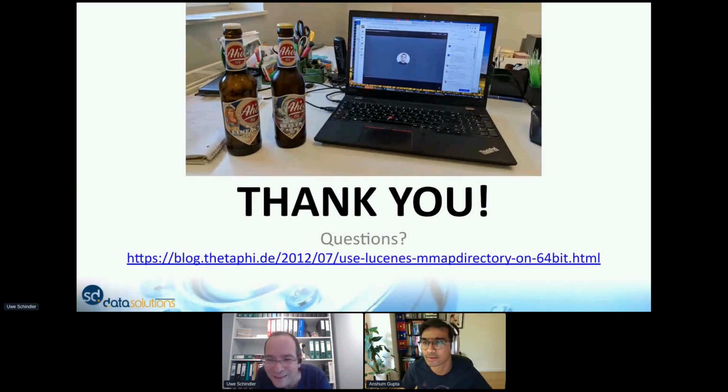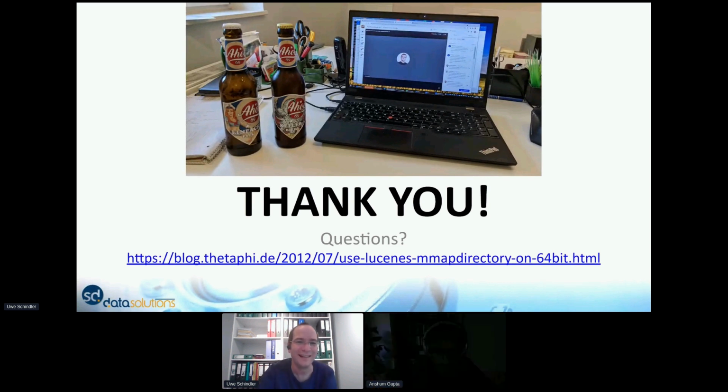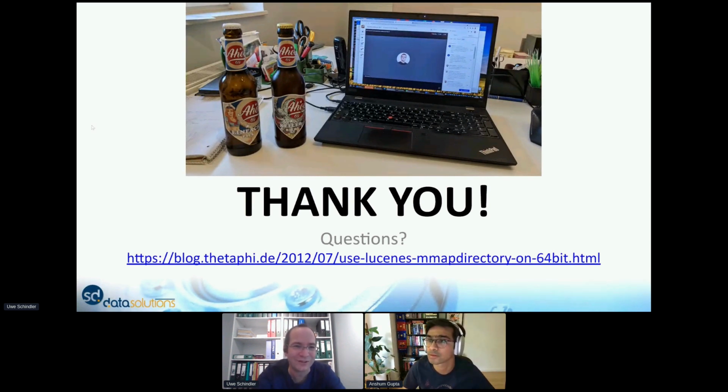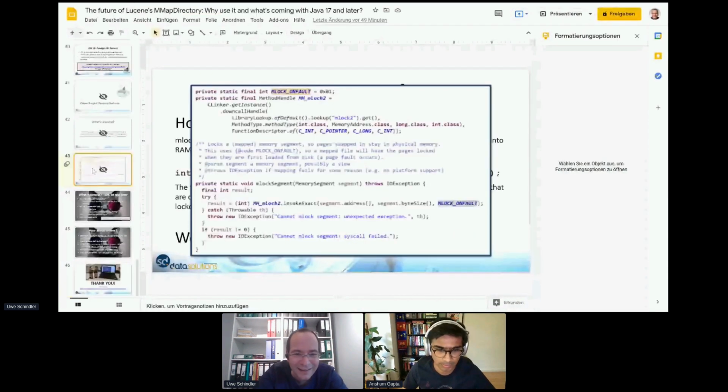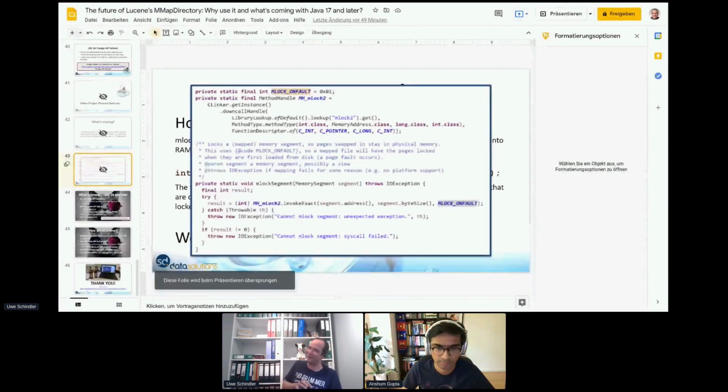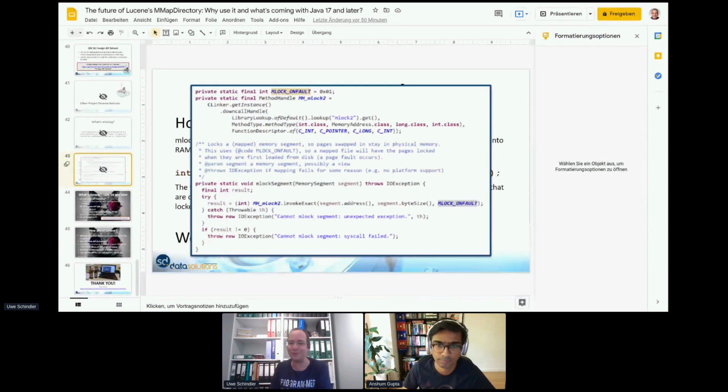The question by Mike McCandless: Uwe, does JDK 17 also expose advanced features, like madvise or mlock? Yes, it has. So actually, I can show you some example slides here. Here you see the code, how you can use that. So we can use mlock, for example, if you have a memory segment and a memory address. So you can do that. It's possible. Yes. So the problem is there are improvements needed for stuff that needs to access file handles.